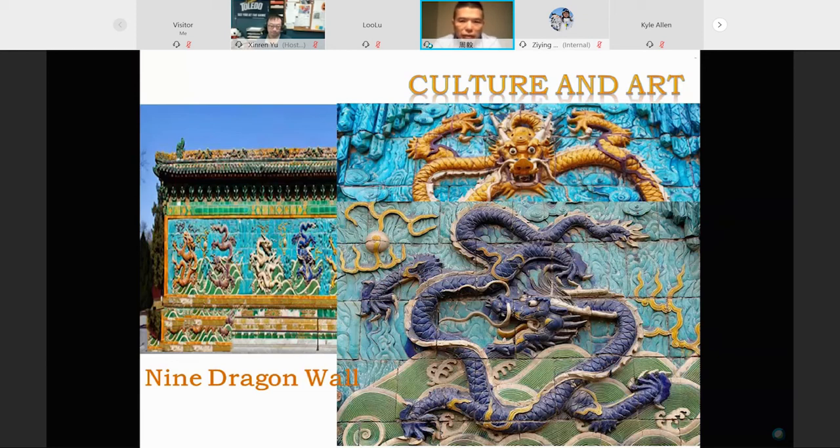So guys, just now I mentioned the nine dragons a lot. Why should it be nine? 9 is the biggest odd number in Chinese culture. Biggest odd number, single digit, just from 1 to 9. Of course, emperor is the top one in Chinese history, in Chinese culture. Most powerful man. So 9 is the biggest odd number.